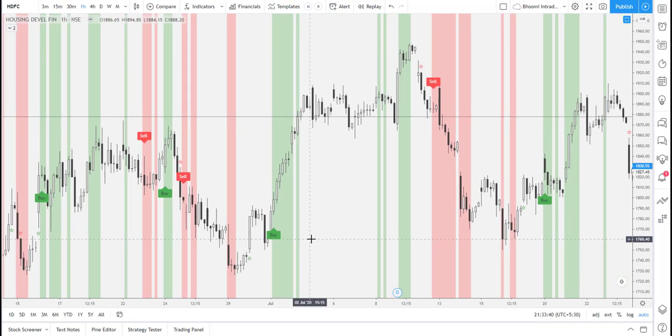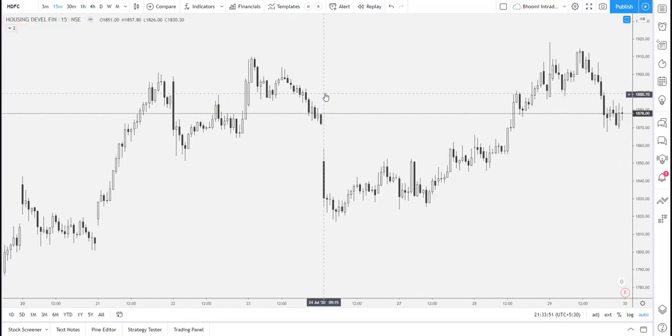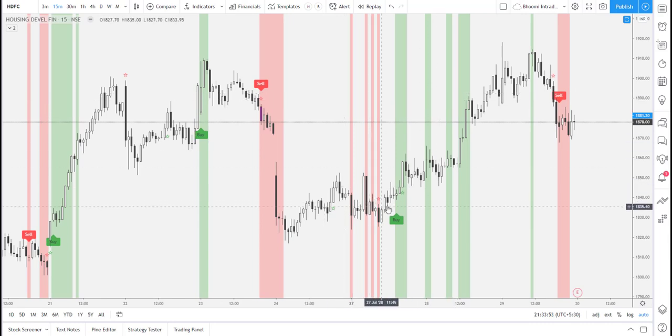And one more important point is, the higher the time frame, the lesser the noise will be in the market. And if you're a positional trader, go for 1 hour, and also for 15 minutes. For intraday traders also, this same rule applies. Okay, so this is all that Bhumi zones are.